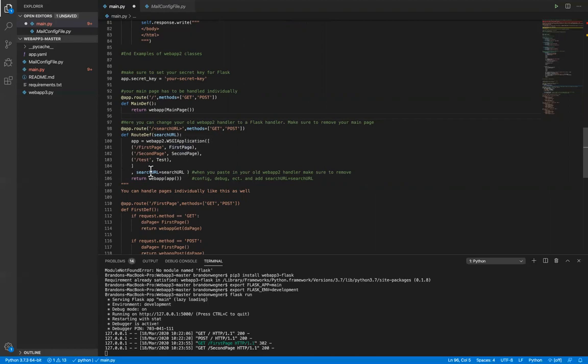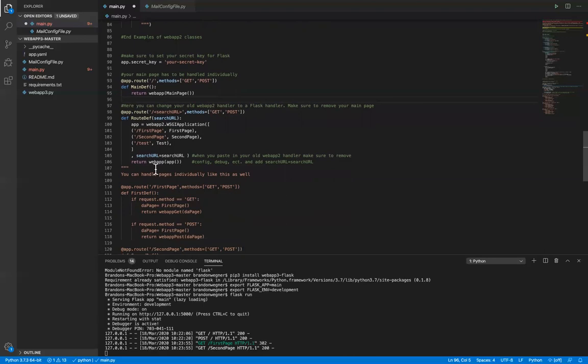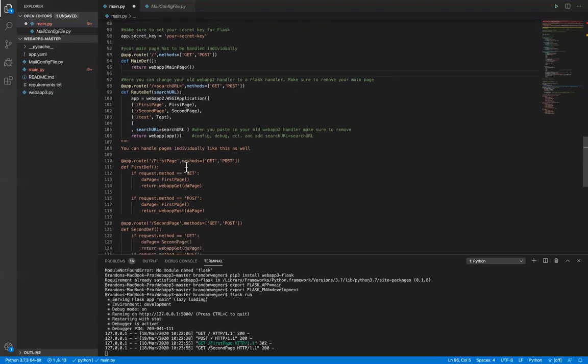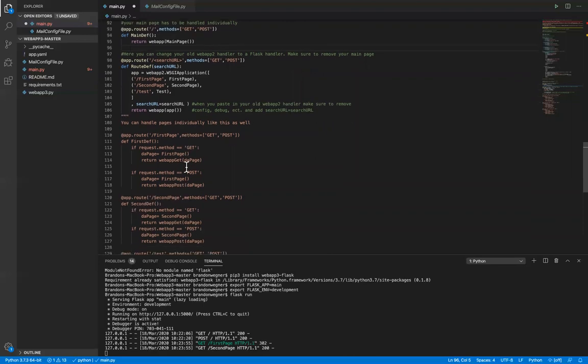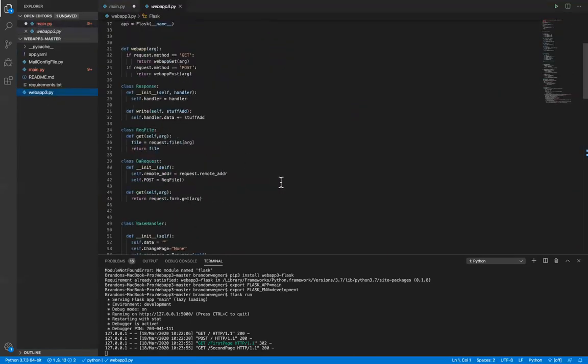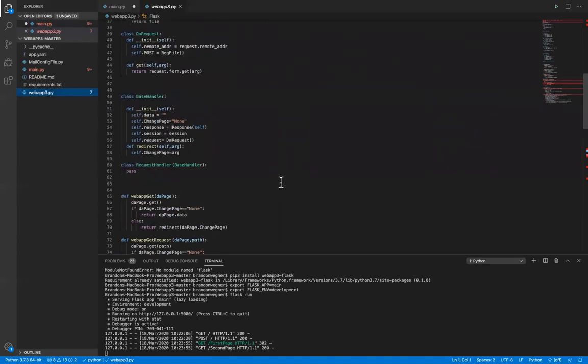Copy and paste it just like it is, but then at the end get rid of config and get rid of debug, all that stuff, and just put in search URL equals search URL, and then have this return webapp, and it will handle all of your routing, except if you have any pages that need